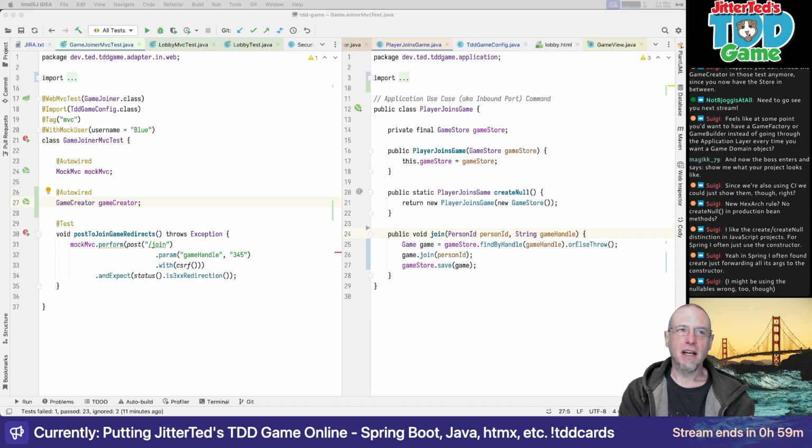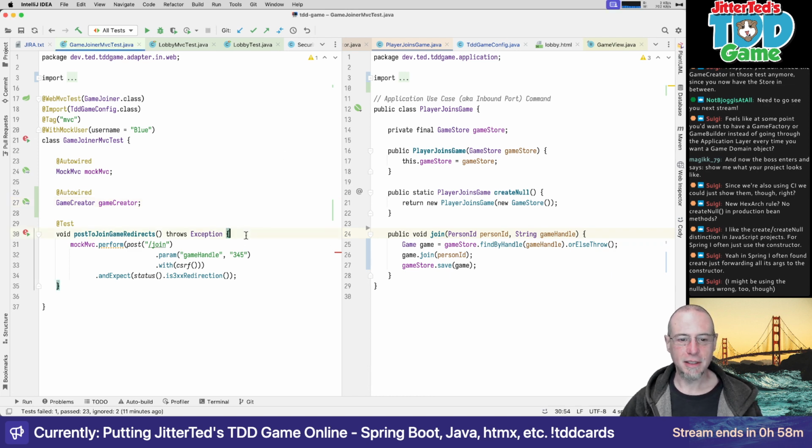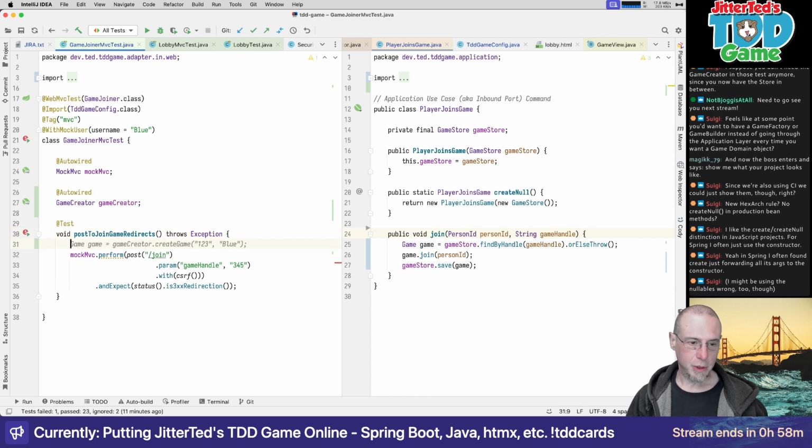Even though I paired with James on the nullables, I don't consider myself an expert either. I think I need to adapt it to how I'm using it with the testable architecture, and I probably need to sit and think about it for a bit. But anyway, what we wanted to do here was we wanted to say,